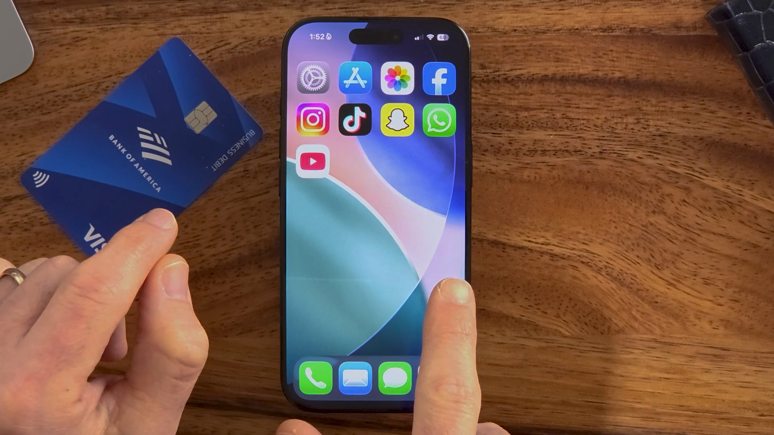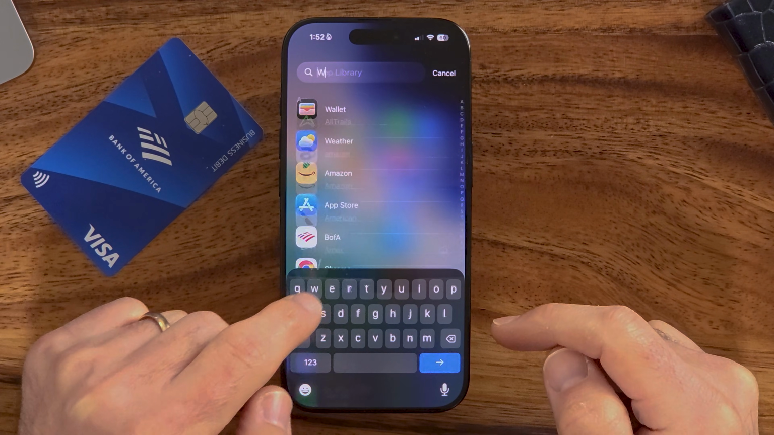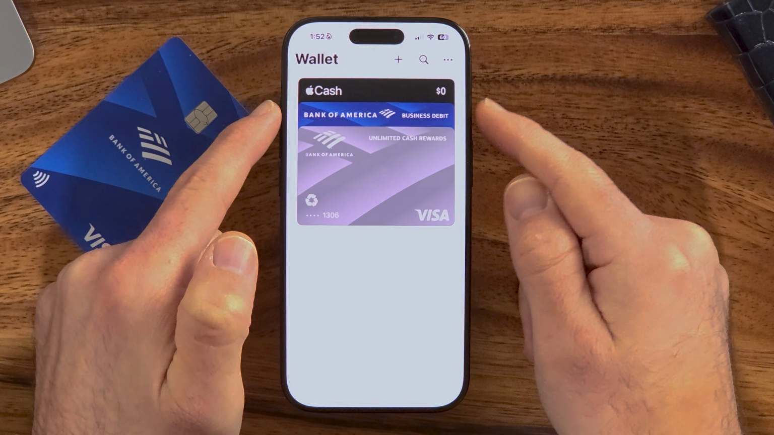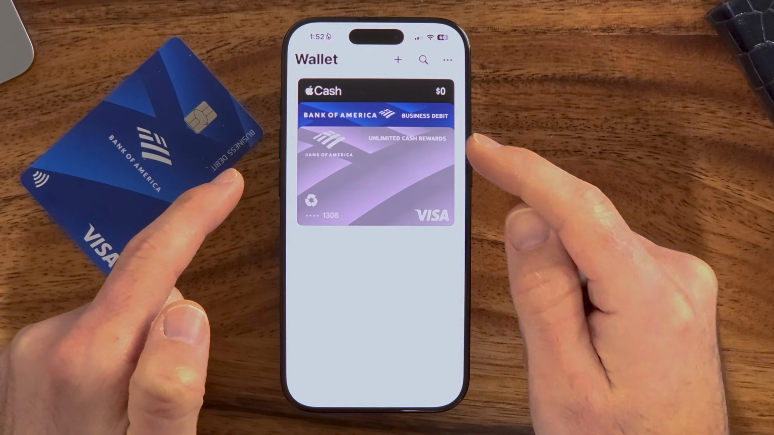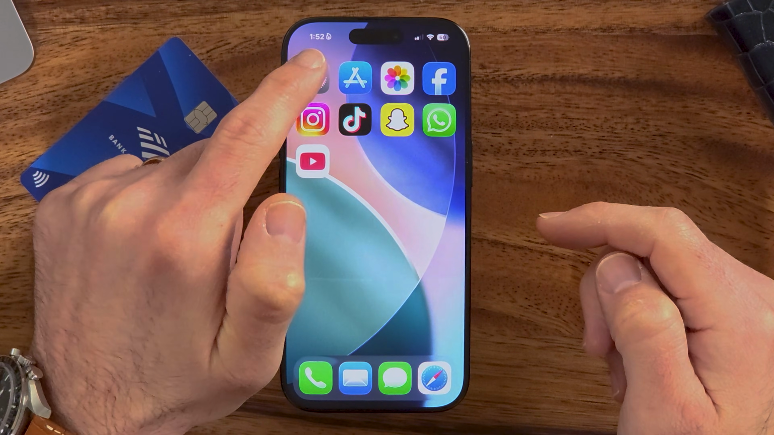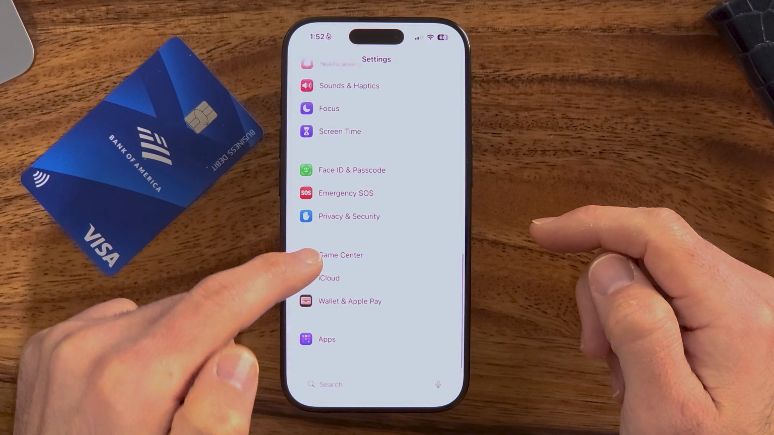So if you haven't already, just swipe all the way over to the app library and just search for Wallet here and open it up. Now, within the wallet, you can either change it in here or the settings. I'll show you both. It's a bit easier in the settings. So let's first just open up the Settings app,